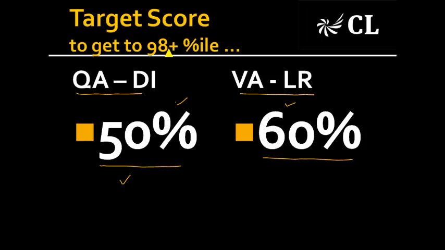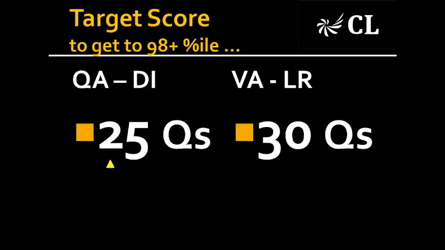In terms of number of questions, this is what it would mean: you should be able to get about 25 questions out of the 50 questions from Q and DI correct. Now, accuracy is important. If you can solve 25 and get all 25 correct, it'll be great. But what you don't want to do is get into the range of 70% or 75% accuracy. You want to have an accuracy as close as 90%,